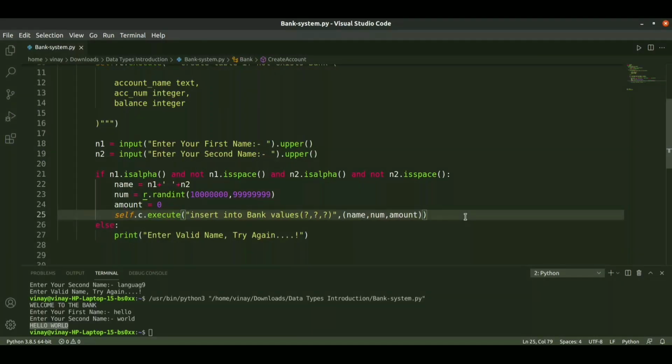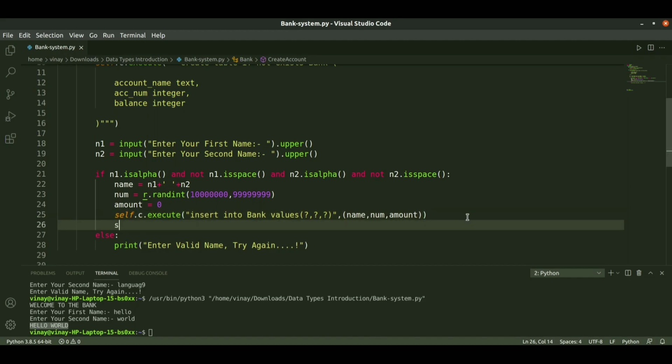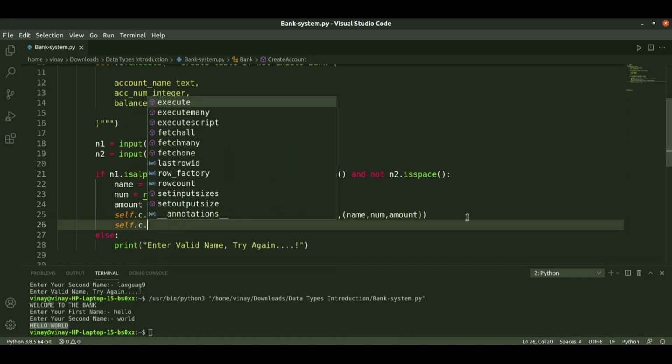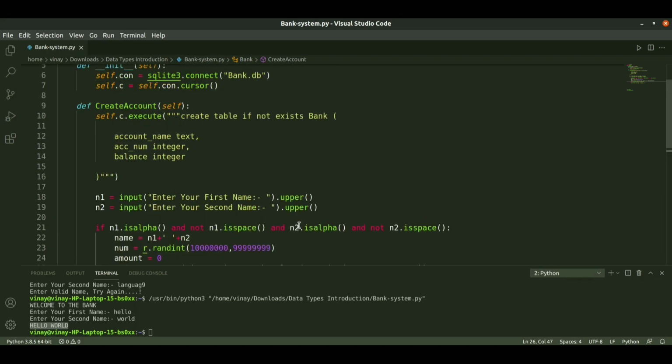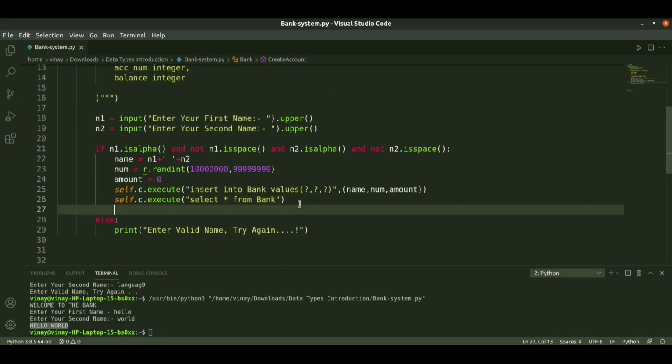So next, in order to see whether they are inserted or not, we will do self.c.execute and select all from bank. So all the values in the bank table will be selected.